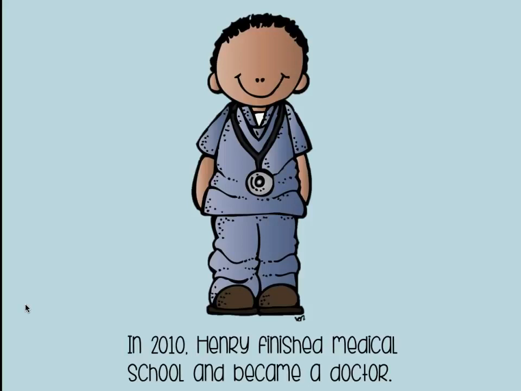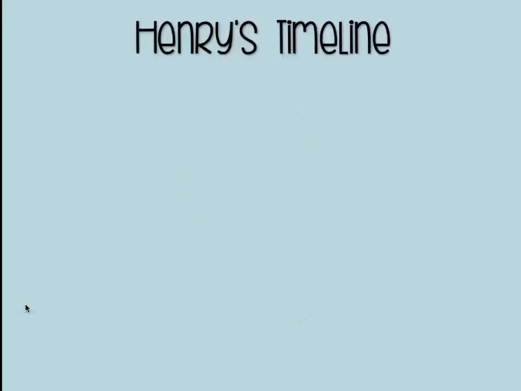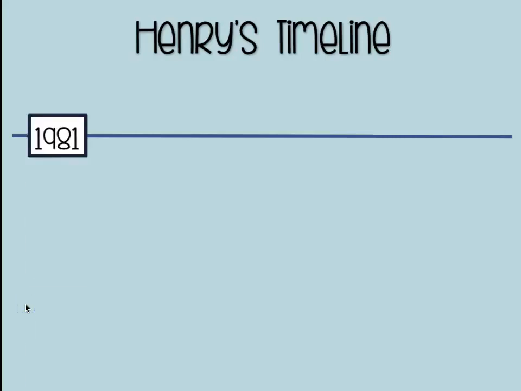Now, I'm going to use a timeline to organize everything and create a timeline about Henry's life. So, if I'm making a timeline, I have to start with the most important thing first, which is, ding, ding, ding, you got it, the line, of course. All right, now I'm going to think back about the information that we read about Henry. And all the dates I'm going to put in order that they happened, based on the year. The way I'm going to do that is I'm just going to put the dates on the line first in order. So we had 1981,